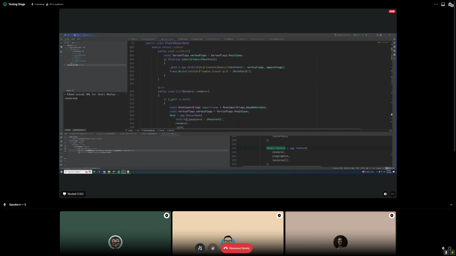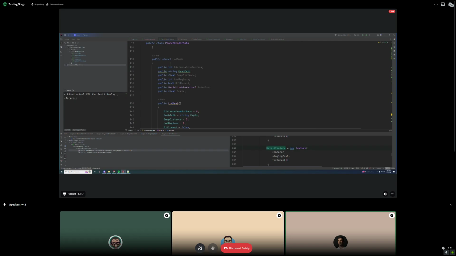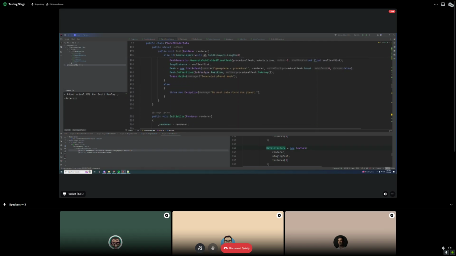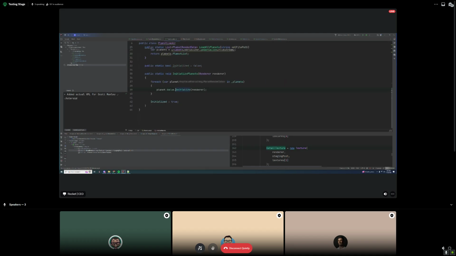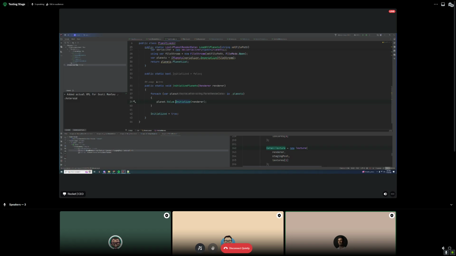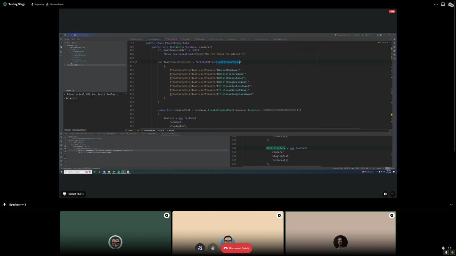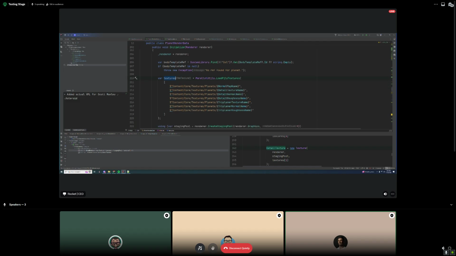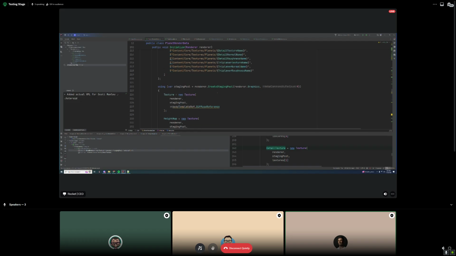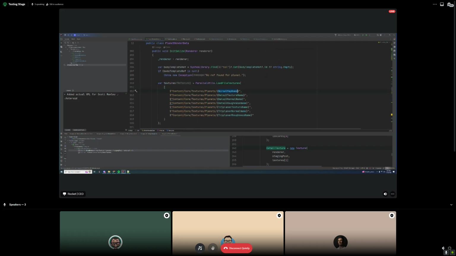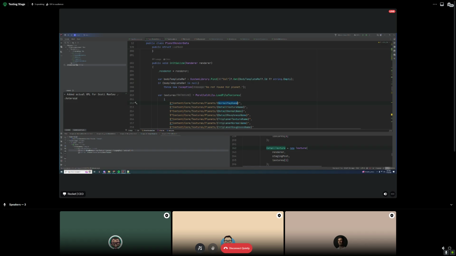You know, I could probably use this constructor anyway if I wanted to. This goes through and initializes all the planets. This grabs all the textures and then it goes through and actually creates a staging pool. But you don't need to do that. You can just do